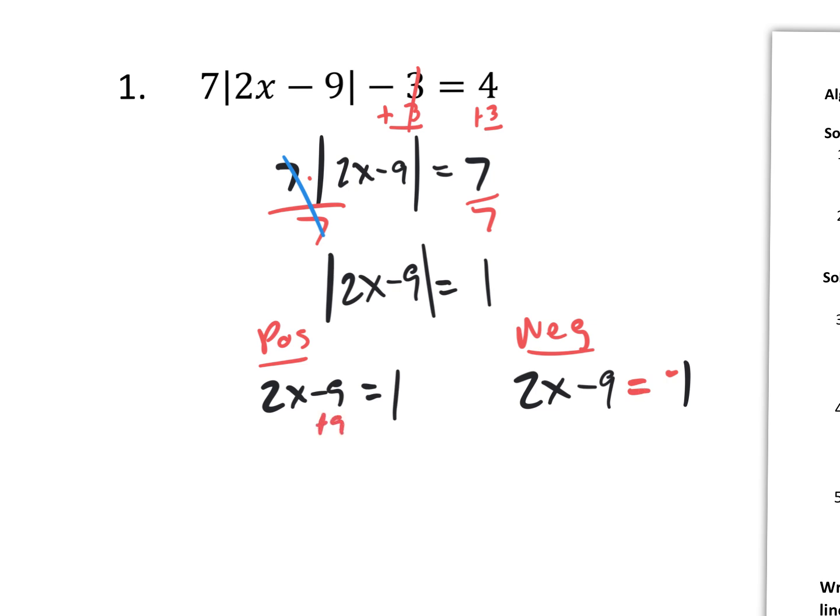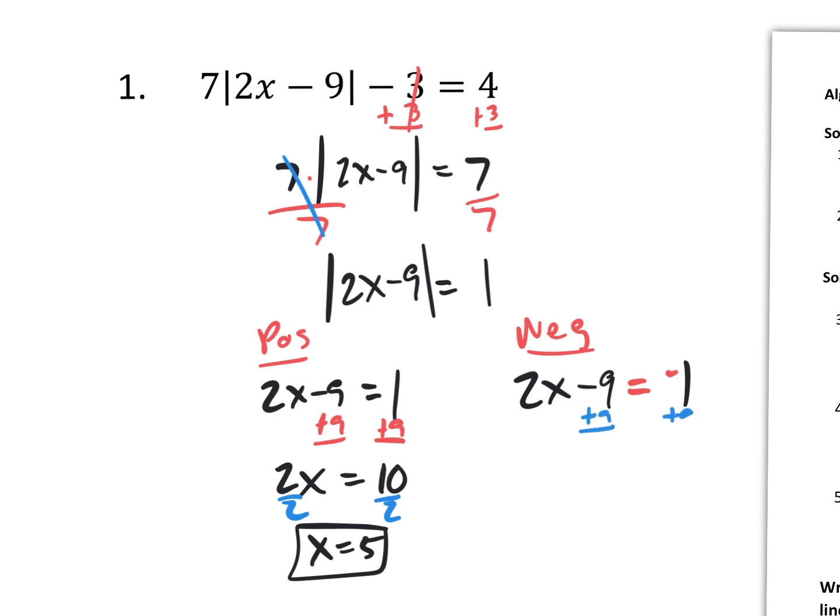So you go +9, +9. You have 2x equaling 10. And you divide by 2, you have x equals 5. So that's one possible answer. The other one, you add 9, you're going to end up with 2x equaling 8. And then you divide by 2. So you have x equals 4. So those are your two answers, maybe, because you're supposed to technically plug them in and make sure that you